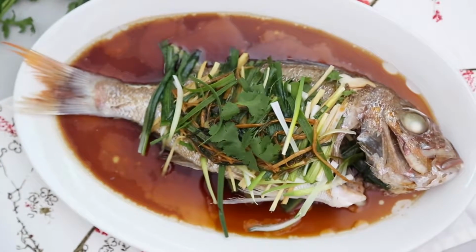Whole steamed fish is traditionally served during Chinese New Year dinners because it represents a good year from start to finish, or in this case, from head to tail. The fish also represents prosperity because in Chinese, the pronunciation of fish is yu,